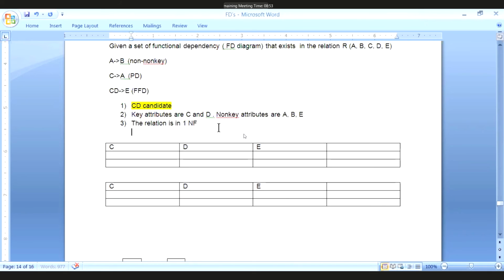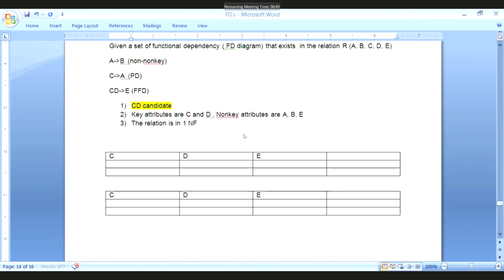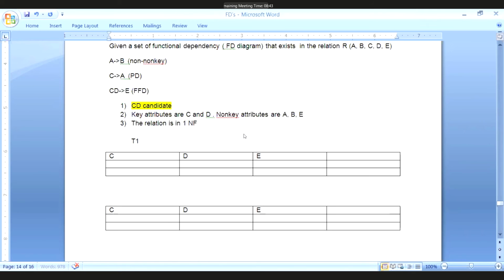And so here, let me name this table as T1 and the other table as T2. Now in this T2 table, what will be the attributes that I will shift? I will shift C and A, isn't it? C to A was creating a problem. And what about A to B? A is kept here. So all attributes should belong to either this table or that table.